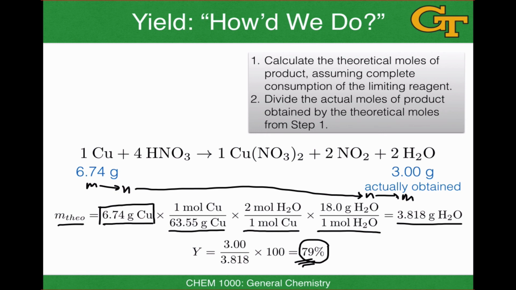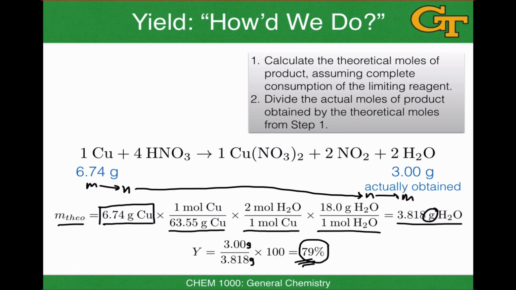One other thing to notice about the way yield is calculated in this example is that I'm using masses instead of moles, and this is perfectly fine as long as you make sure to use the same quantity in the numerator and denominator when you're calculating yield. You can use moles or you can use mass. When you're in the laboratory, it's often more convenient to use mass because you'll be making mass measurements, but on paper it can be more convenient to work with moles, and you may have a personal preference one way or the other. Either way is fine and you'll get the same numbers,